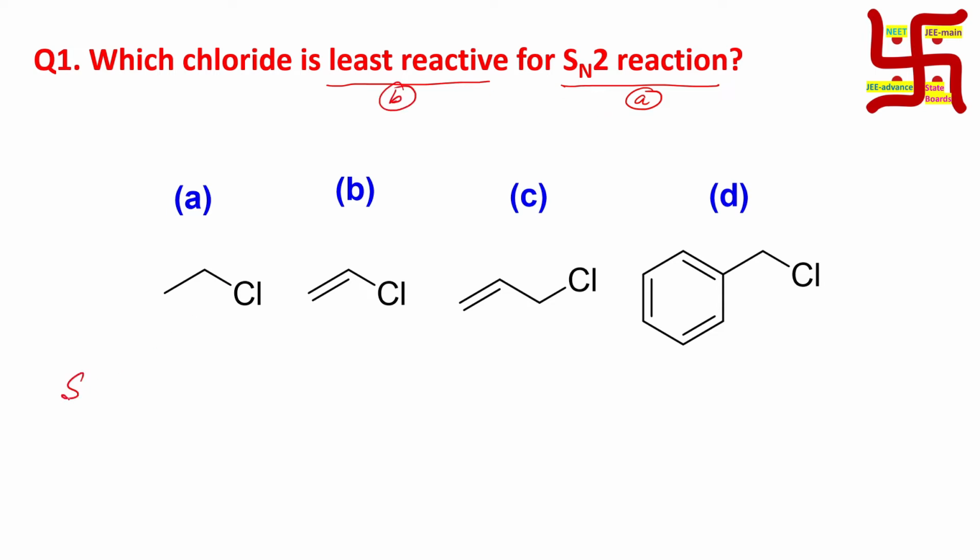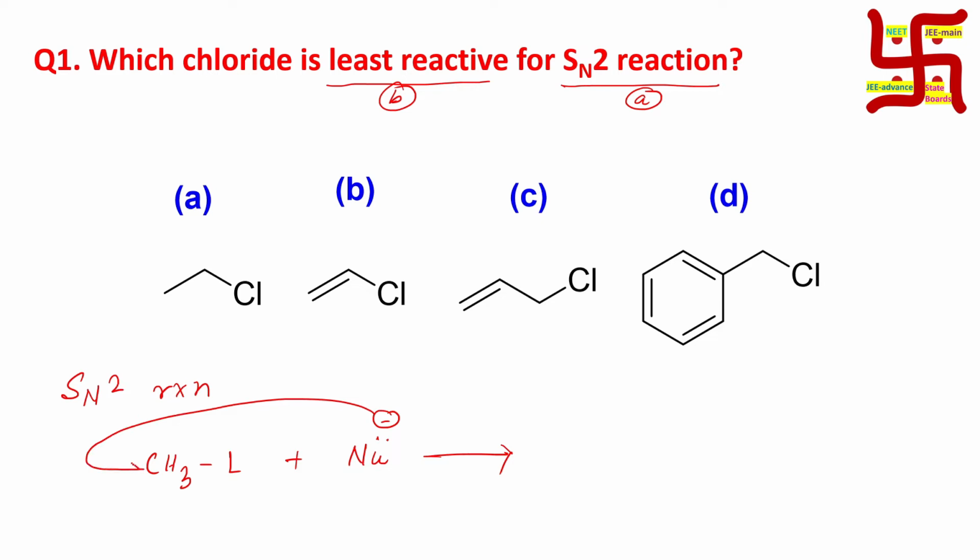So what is SN2 reaction? By the way, the full form of SN2 reaction is substitution nucleophilic bimolecular. As an example, you can say that CH3L, L is the leaving group, when it reacts with any nucleophile, actually a better nucleophile, it undergoes SN2 reaction. How? This nucleophile attacks with its electron density from the backside and this L leaves and ultimately it produces